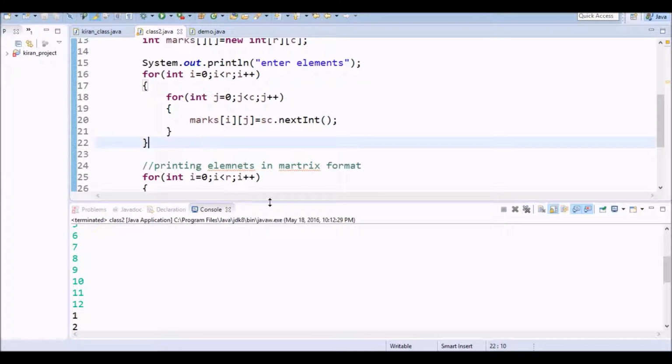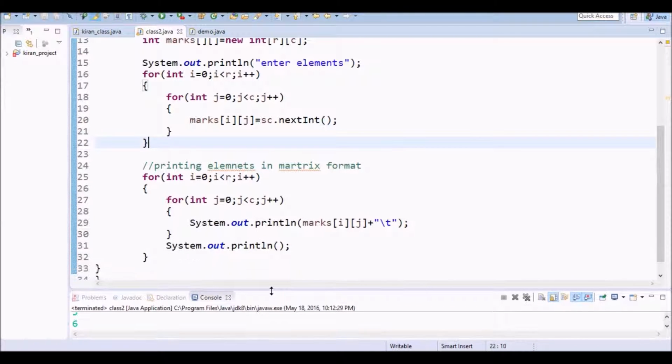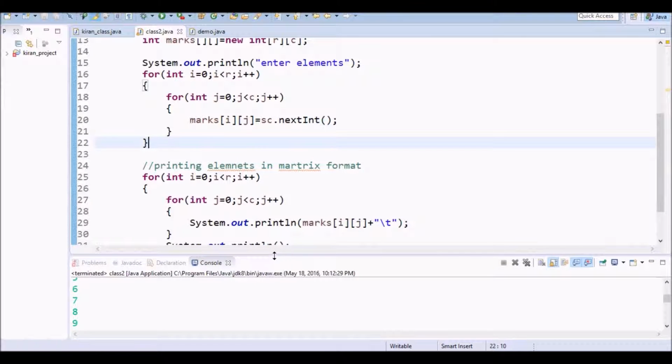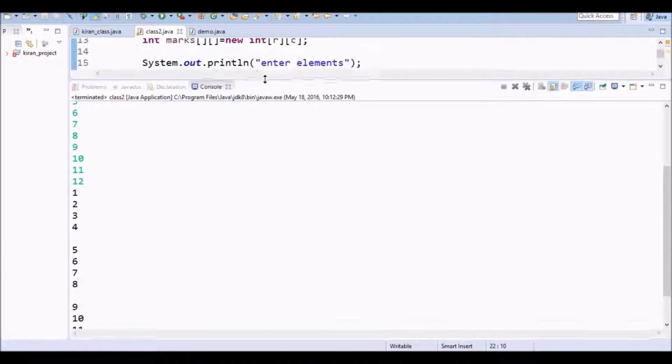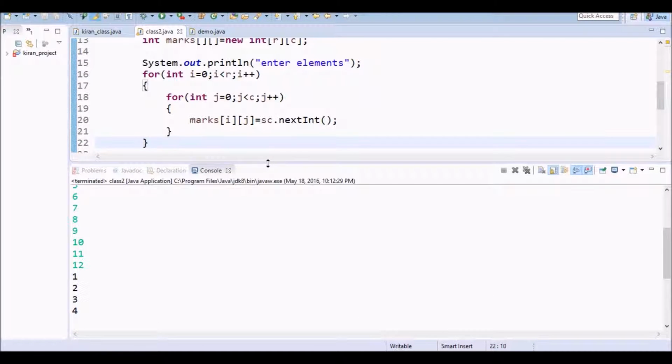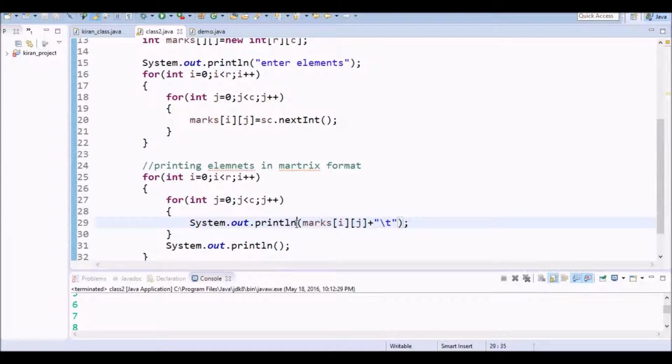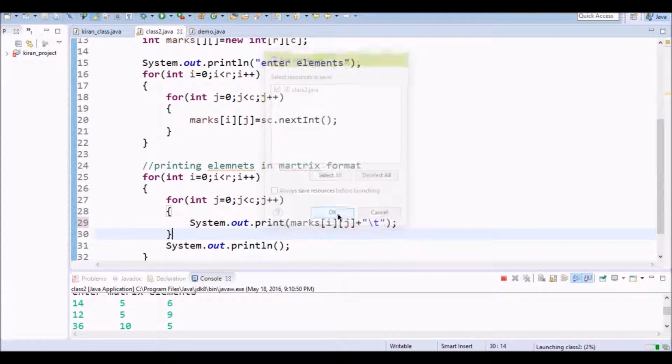Now let us check once again the code. Oh, okay, sorry, here we don't have to use System.out.println. Now let us check again.